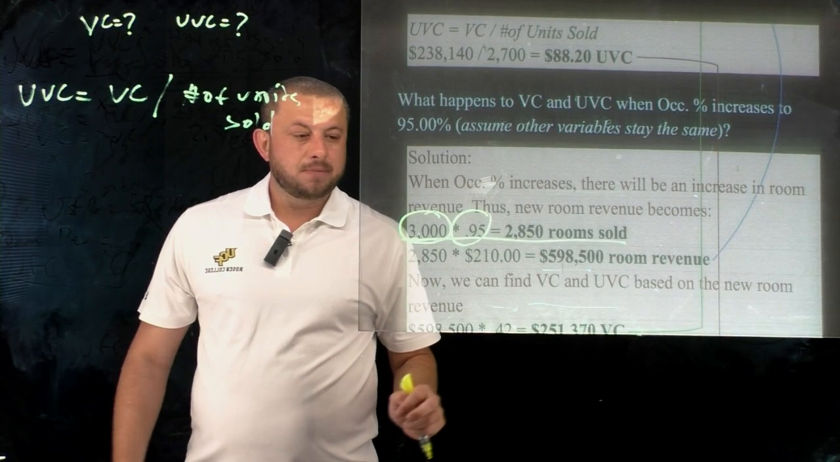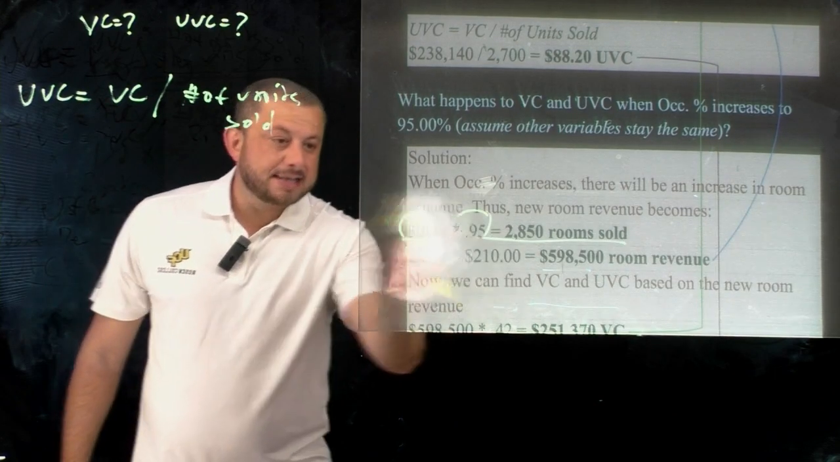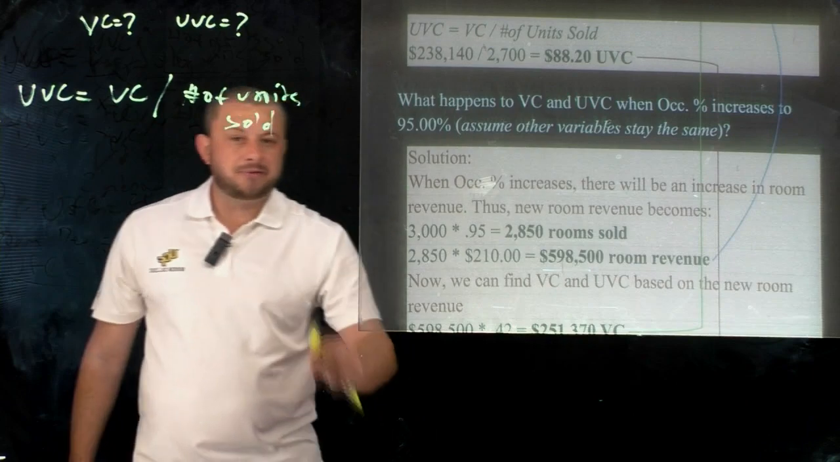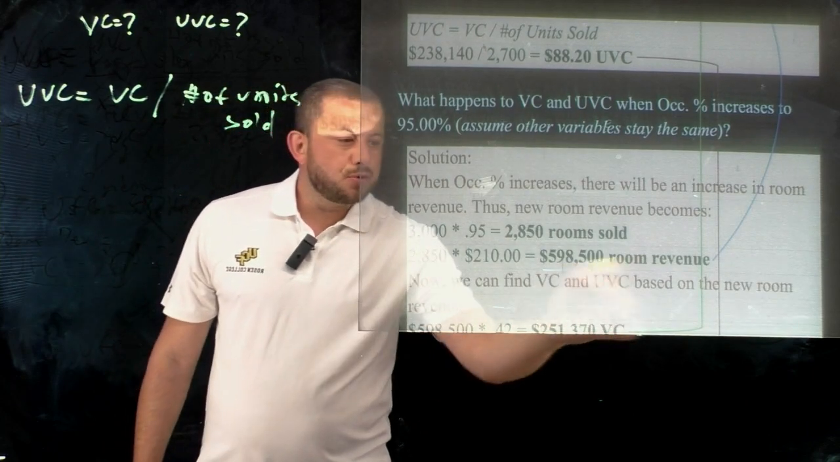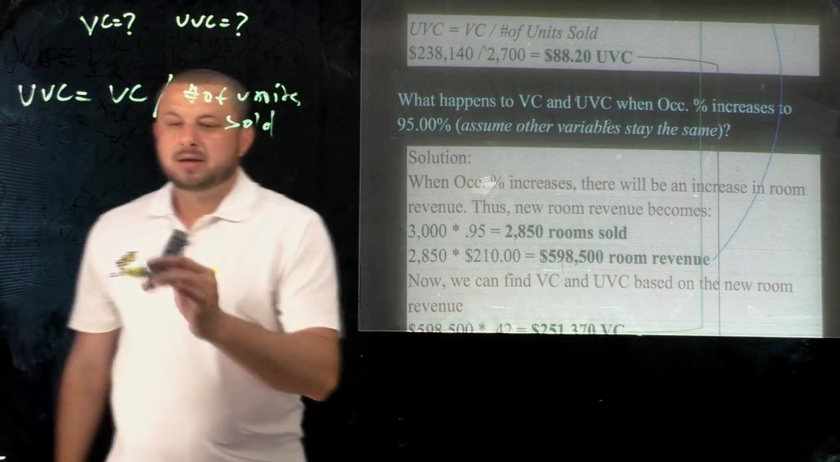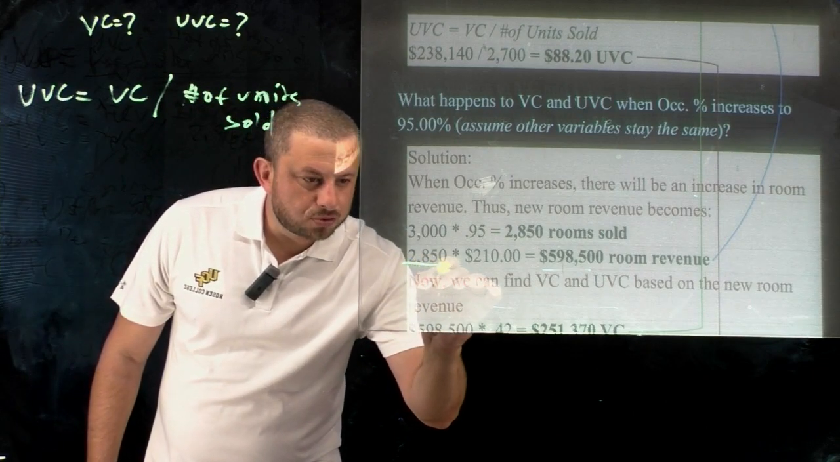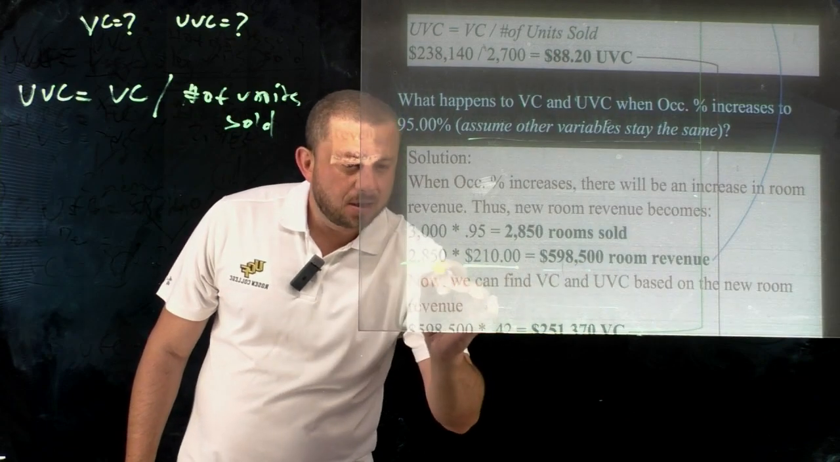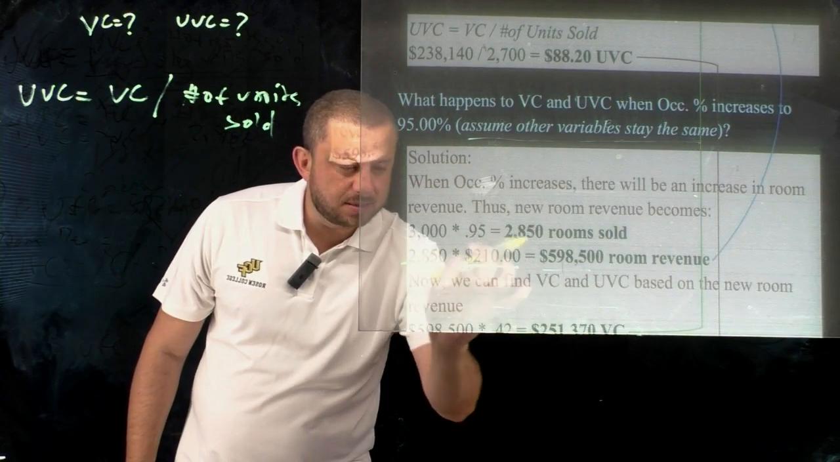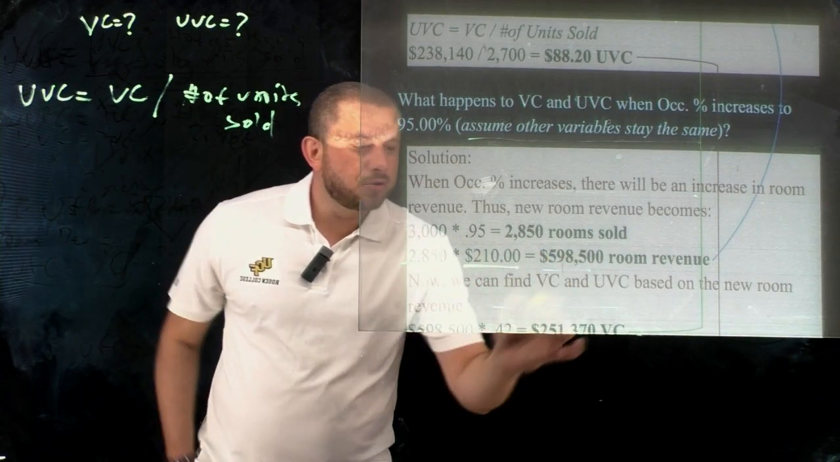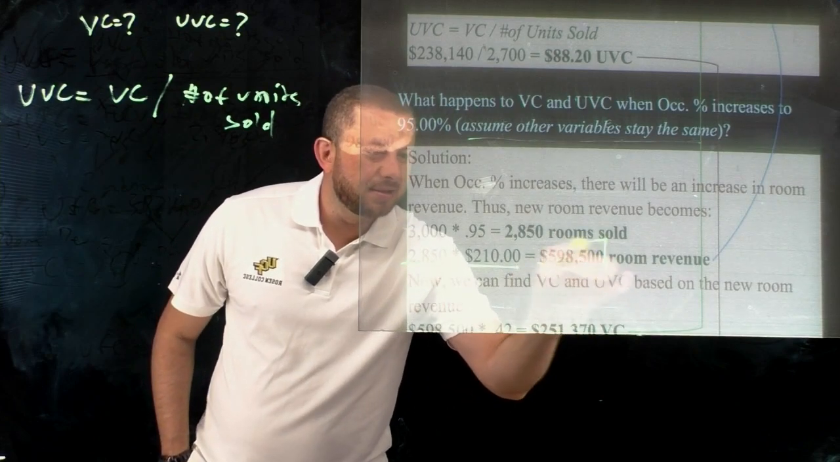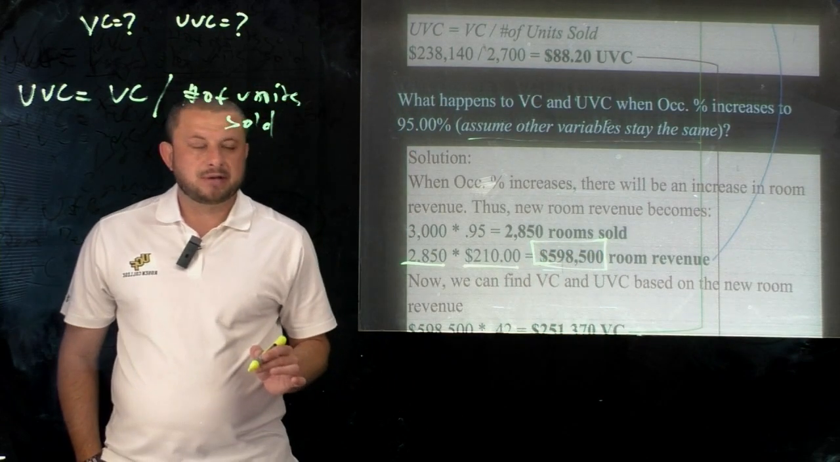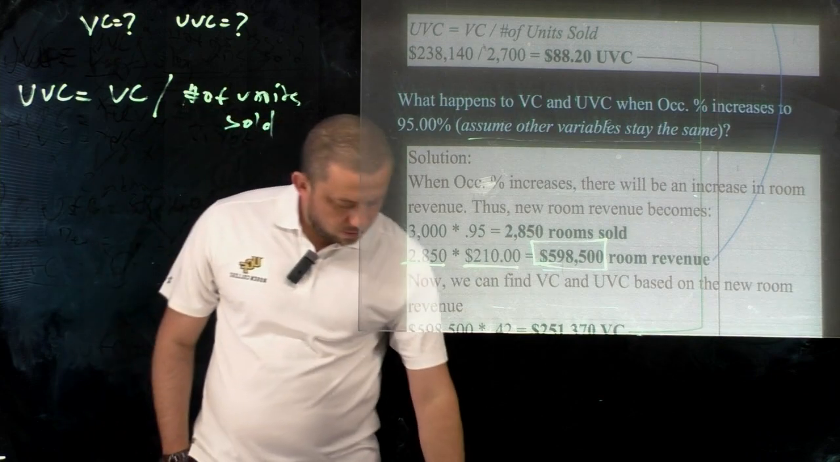$2,850. Very good. Well, if I sell 2,850 rooms, my room revenue will be number of rooms sold multiplied by ADR, because we are assuming the other variables will stay the same, okay? When I do this multiplication, my room revenue will be $598,500, okay, guys? Therefore,